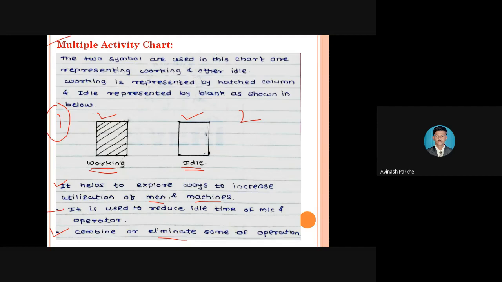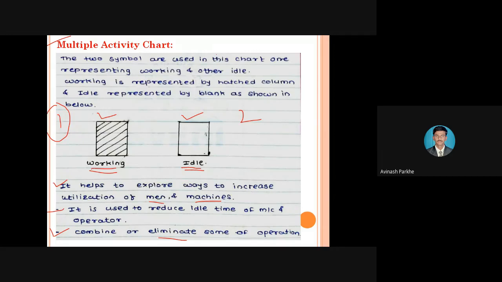So this is one of the first and important recording techniques used in the concept of method study. Through all these types of charts, you will get the basic information about the proper sequence of operation, where the inspection is taking place, where your machine is idle, where the machine is in working condition, what is the movement of the man, what is the movement of the material, what is the sequence of the operations. All this overall picture you will get by using all the types of charts.